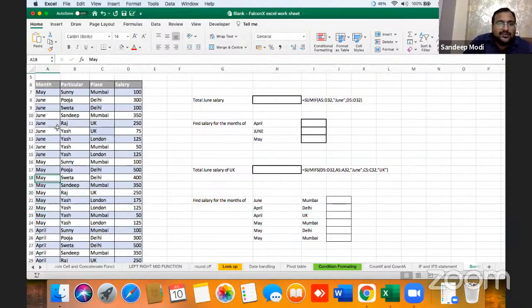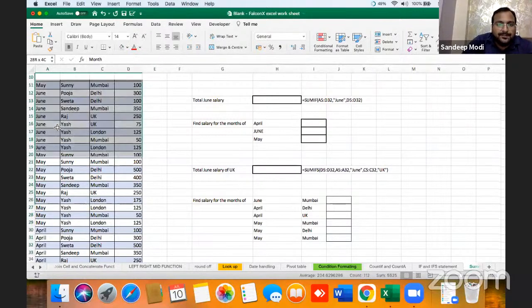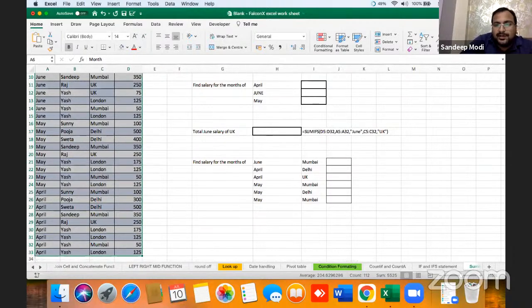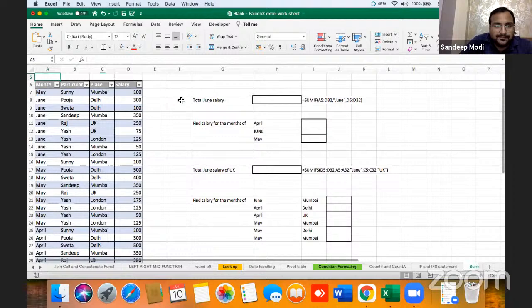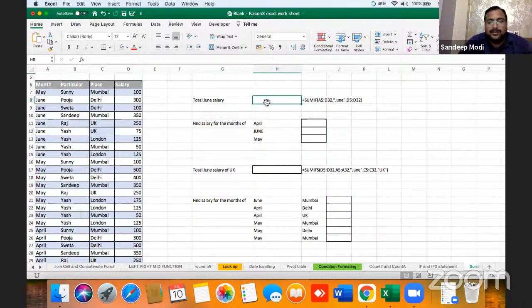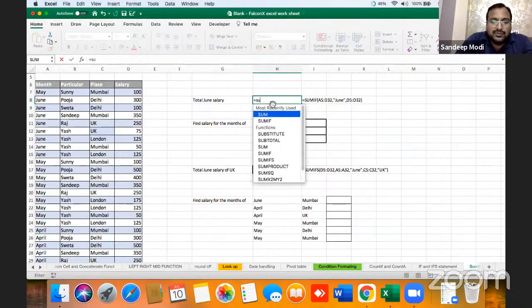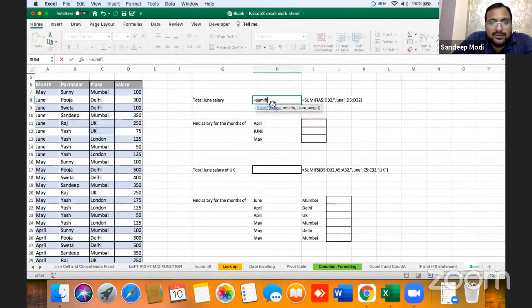this all with the state total. So one method of doing it is that you can do it with a filter, put a filter and get all your answers. But I don't think that is a viable way of getting the answer. So let's remove the filter and let's use SUMIF.